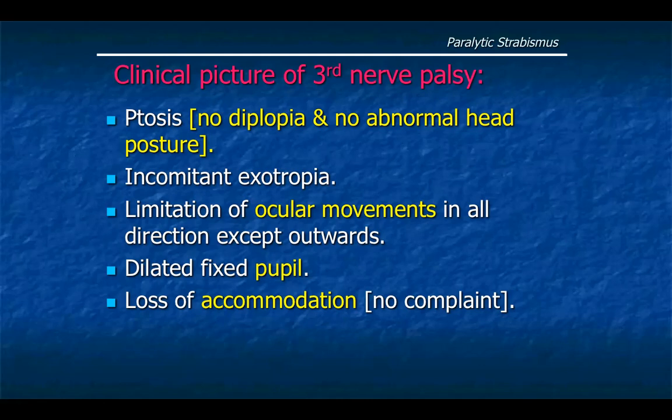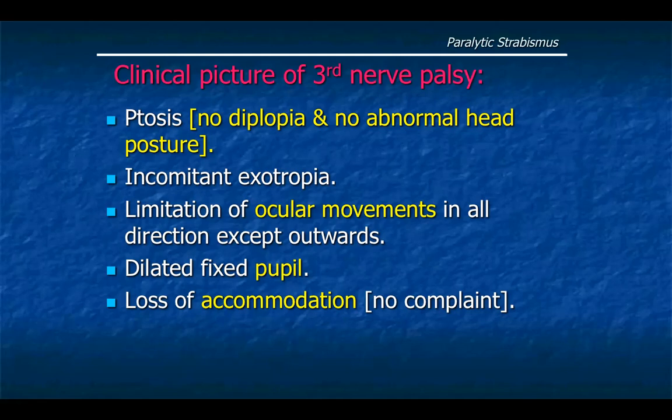So how can you determine if there is also superior oblique palsy or not? If we ask the patient to look down and in, there will be intorsion movement of the globe by the superior oblique. So if there is intorsion, there is normal superior oblique. If there is no intorsion, the superior oblique is probably affected as well. So there is incomitant exotropia, limitation of ocular movements in all directions of gaze except outwards due to intact lateral